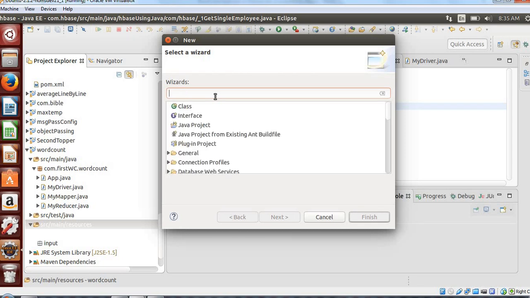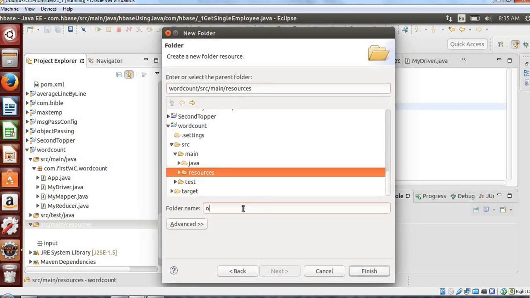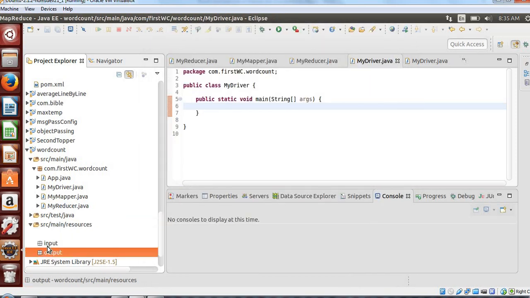Give the name as output, and finish. So in this input you will pass your input, like on what file you are going to perform the word count, and in the output it will give you the word count output.